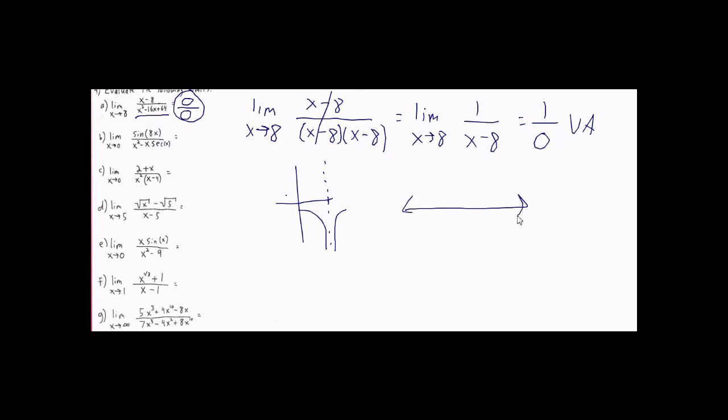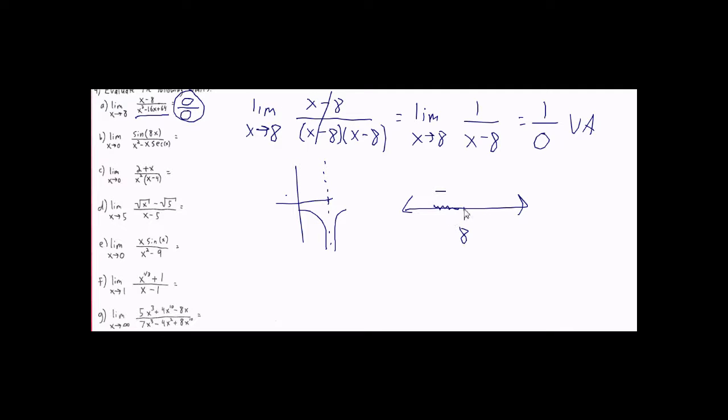So all I say, this is just a visualization. Draw a little number line, there's 8. We're going to think about numbers super close to 8 on the left-hand side, so down here somewhere. I'm talking about like 7.9999999, so many nines, you're just tired of saying it. And when you plug that in, you're going to get a very small number on the bottom, but it's going to be a negative number, a very small negative number. And 1 divided by a very small negative number is a gigantic negative number,